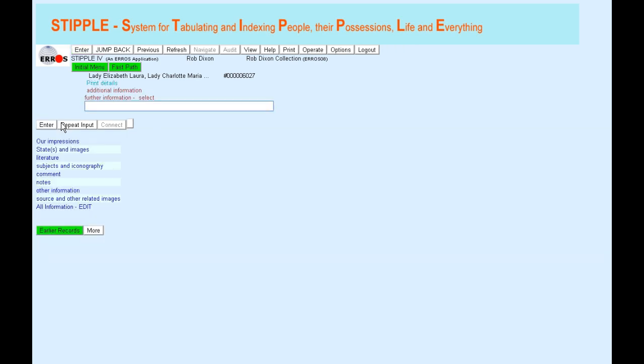I wish to learn more about this print, so I click on Enter for more. It also displays a menu that lists categories of further information about the print of the Ladies' Waldegrave. STIPPLE allows you to access your impressions and find their states, or to access states and then find all recorded impressions for each state. I wish to look at impressions in the Rob Dixon collection only, so I double-click on